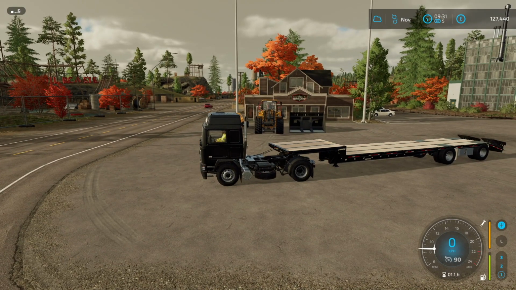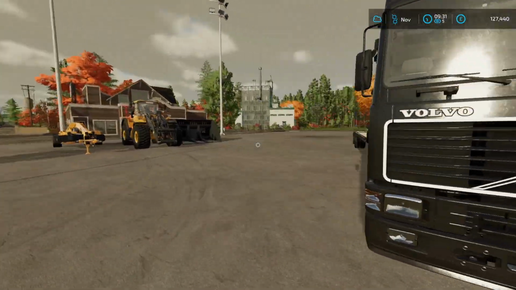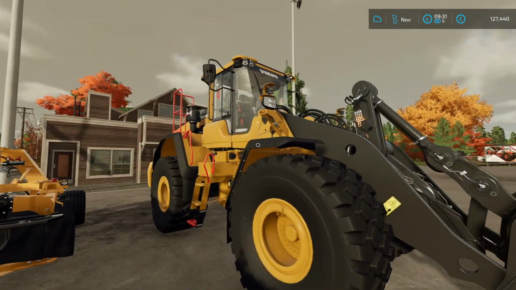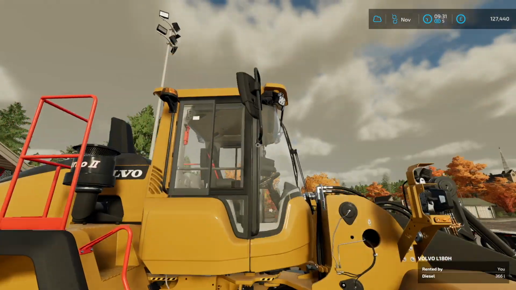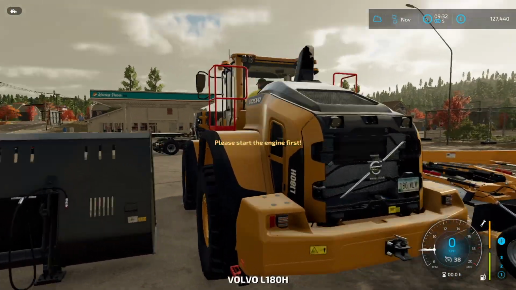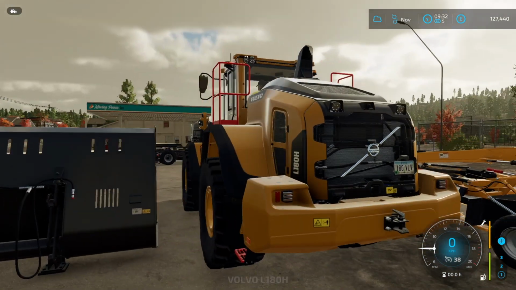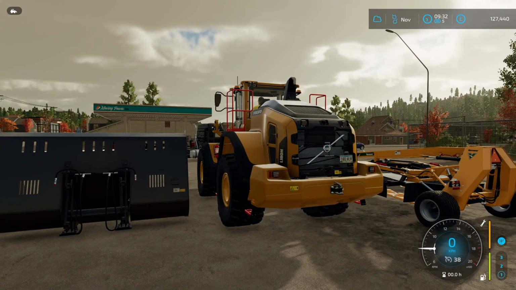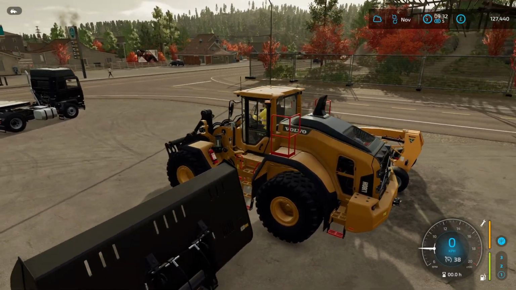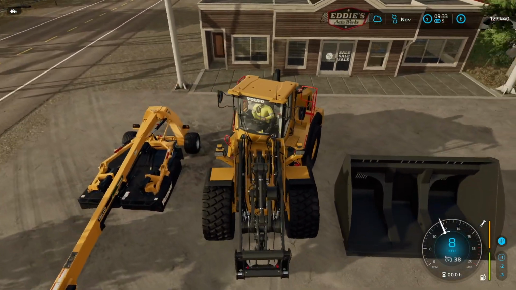Alright, well, let's put the ramps down. Wow, look at this. Look at it. Just look at it. It's massive. Oh, it looks like it can also take a trailer, which is very cool. I know it only goes 38 kilometers an hour, but that's quite interesting. Because I have seen some...